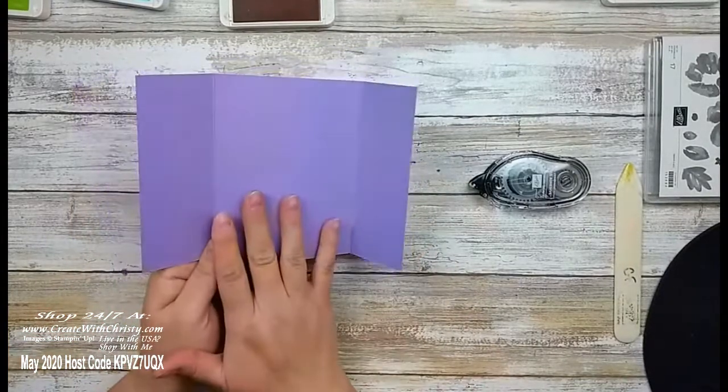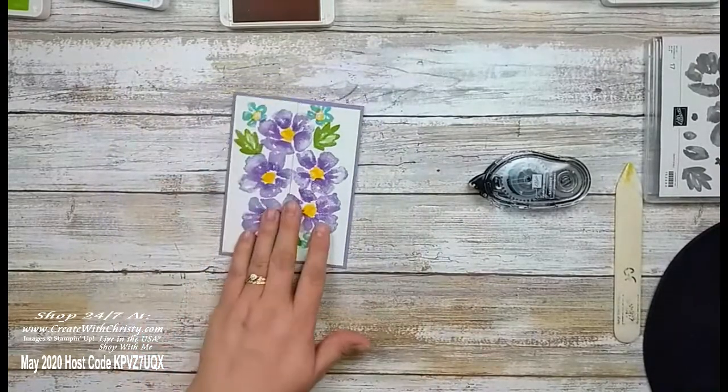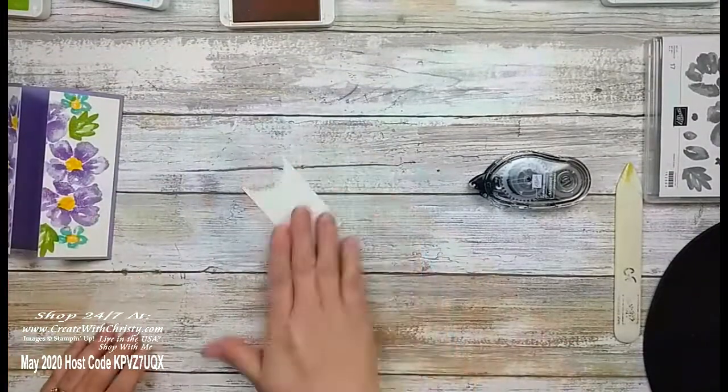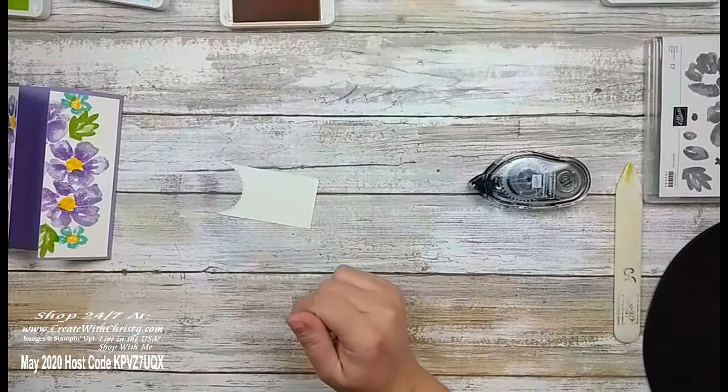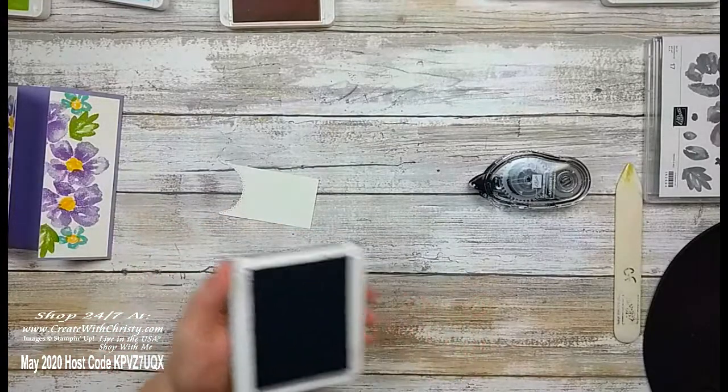Now we are going to put an inside to this, because I'm like, oh, it needs more than that. But right now we're going to hurry up and do a greeting thing. Grab a scrap piece of white. I'm going to grab my Gorgeous Grape again. Now all the greetings I'm using are also in this